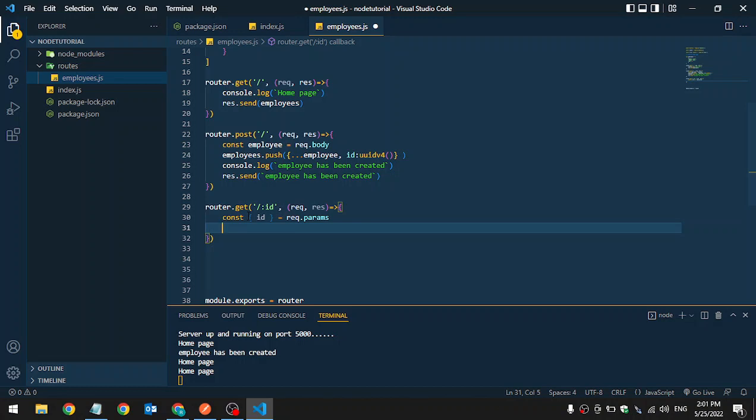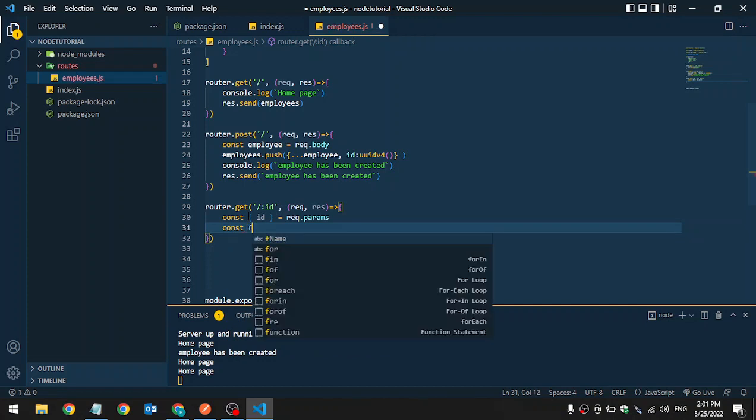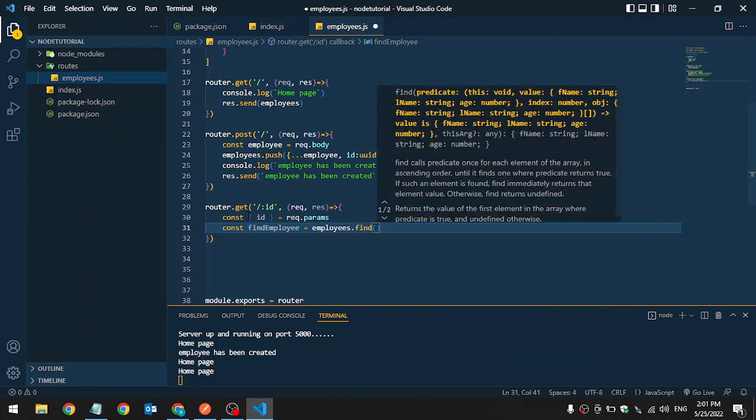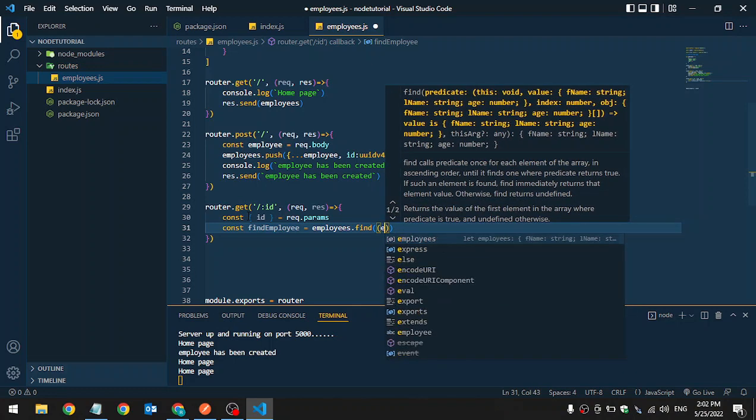Then we can say const findEmployee, because we are trying to find the employee, is equal to employees.find, so we need to find that employee